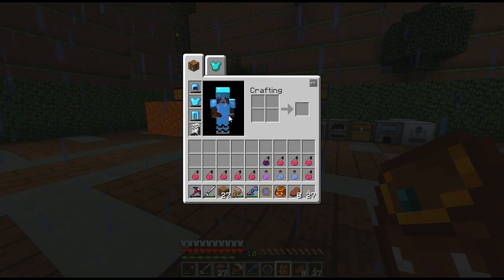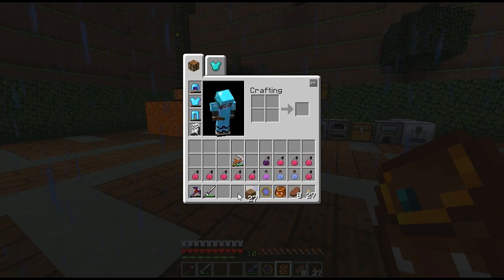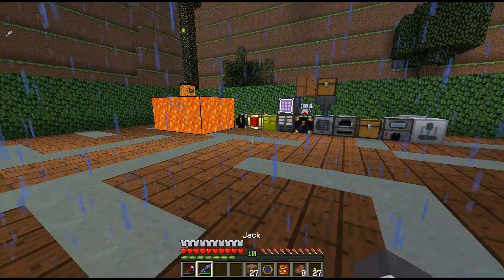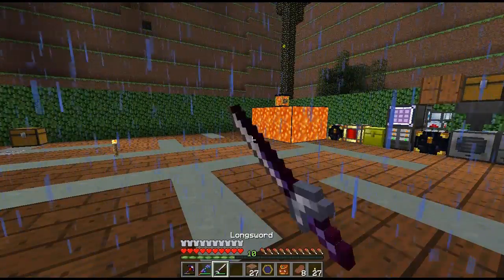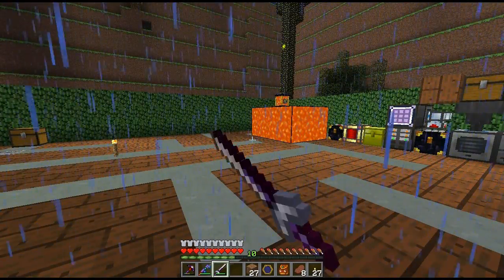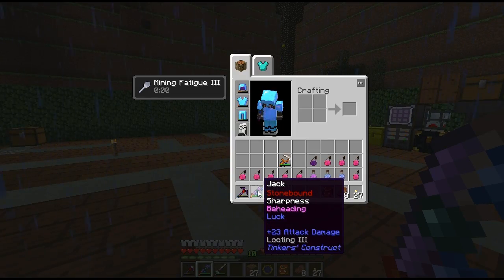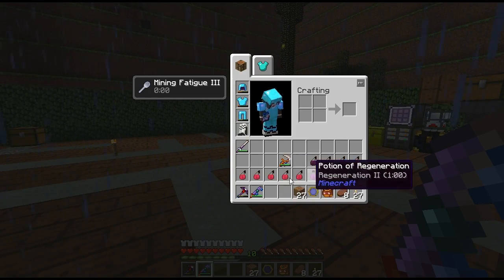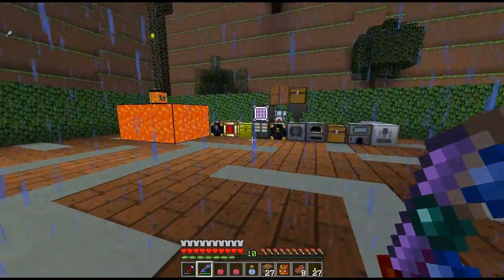I want to try and do it all with the cleaver, actually, because it's slower. So this is how fast you swing with a cleaver compared to the longsword. This is as fast as I can go here. This one goes a lot slower, and my cleaver deals a little bit less damage, it looks like. But what I'm going to do is get in, it'll be no flying and no